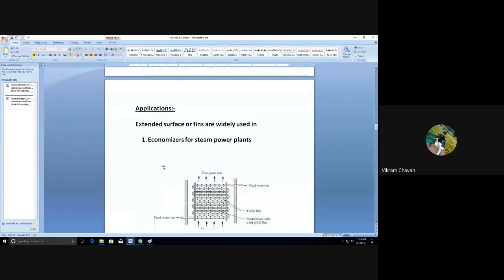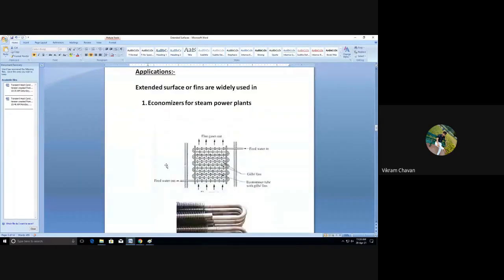Write down a new heading, Application, and below that write: extended surfaces or fins are widely used in. First one,